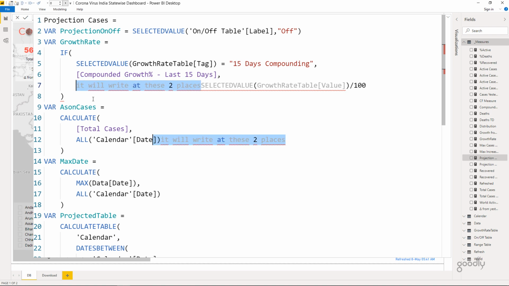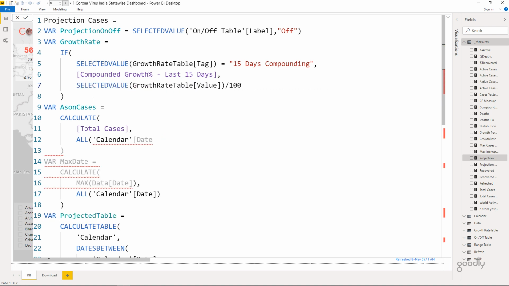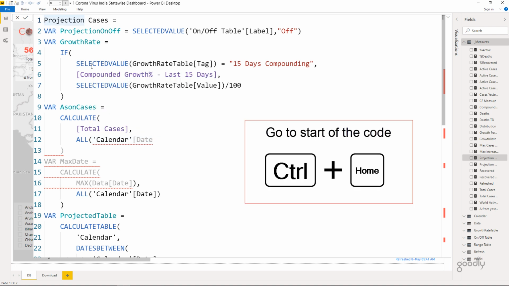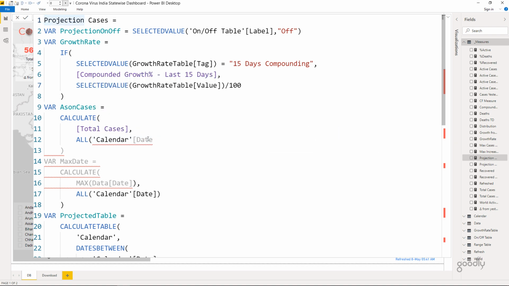So you can use the Alt and the left click to click anywhere in your formula, and this will write at both the places when you start typing. And now you can see that once I have deleted, my cursor is still at both the places. So what you can do is, either click at any place, which is going to unselect the blinking cursor from the 2 places and bring it only here, and then you can change your formula. Or you can press the Control Home key, go back to the top, and then come back here and make a change to your formula.